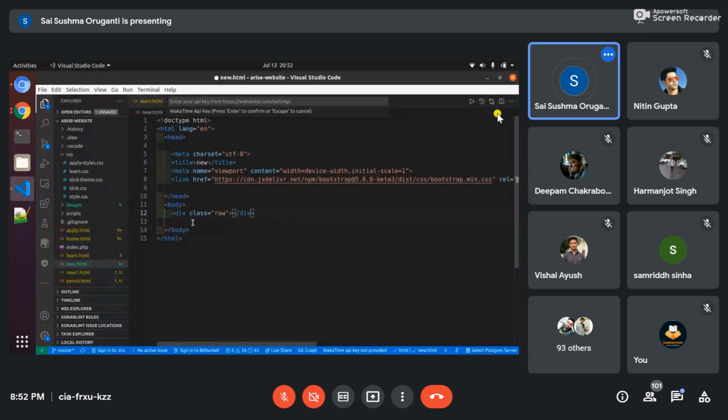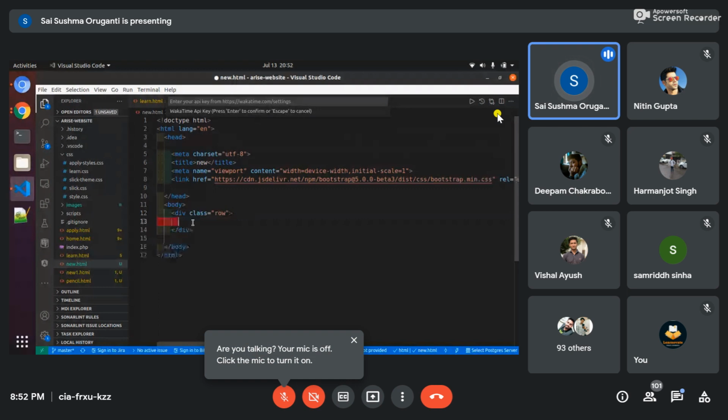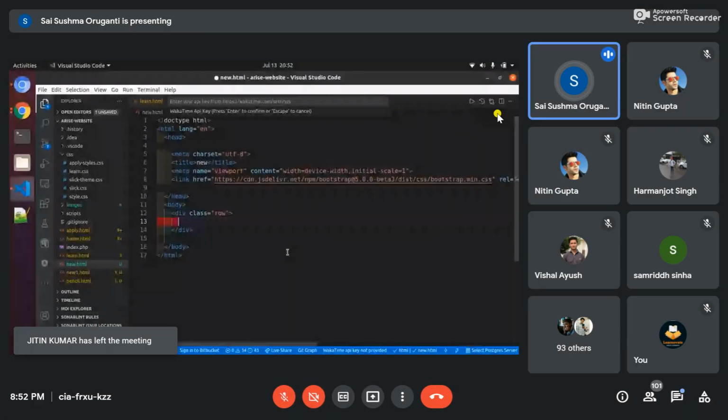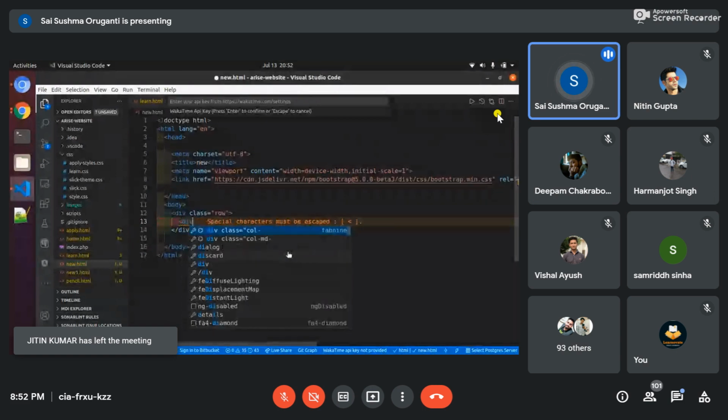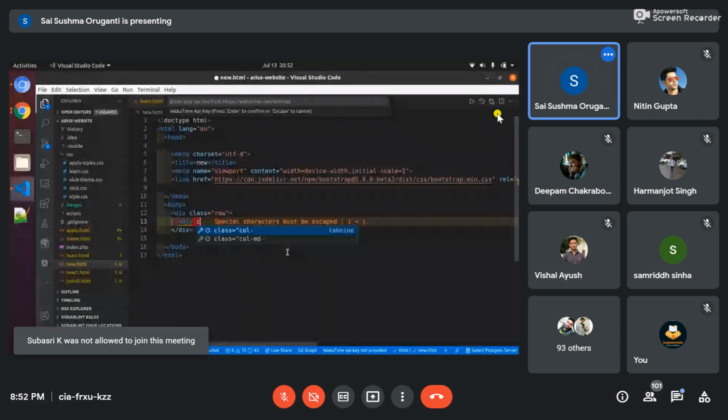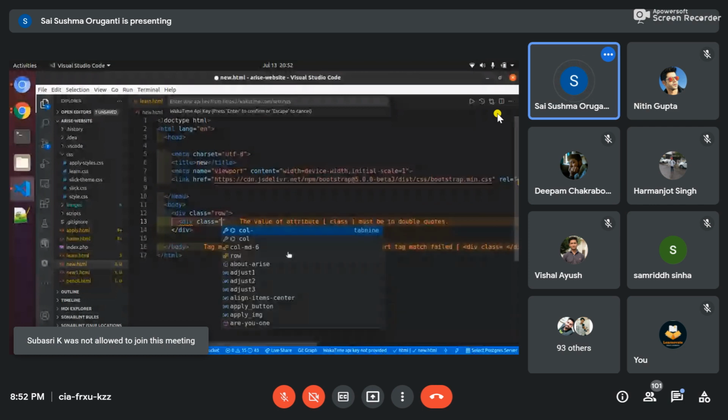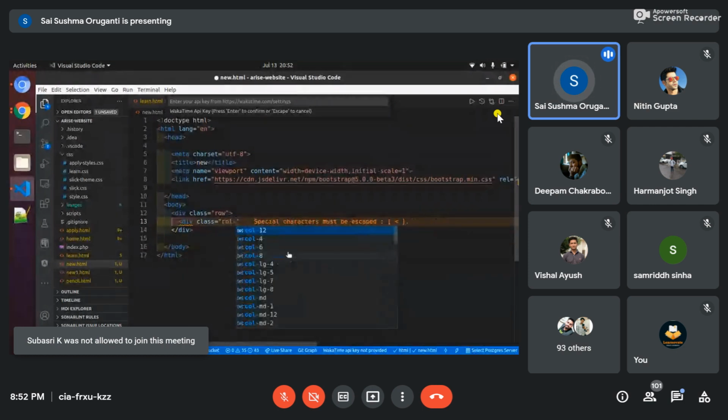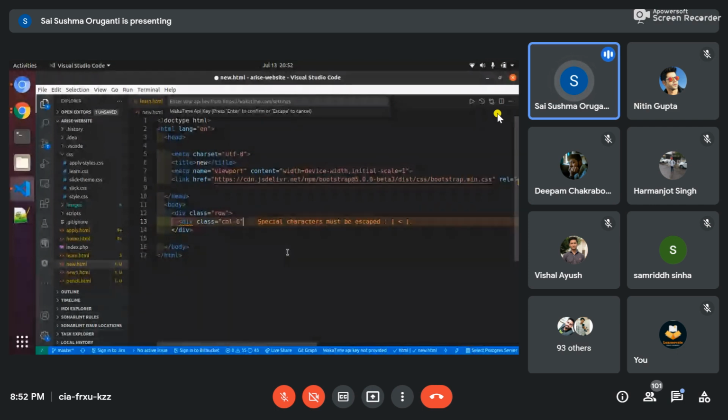Okay. So this is the row, one row. One whole row is nothing but one whole horizontal line. Here you can see, right? Assume this is one whole row. And inside the whole row, you have to divide the whole row into different parts. I'm here dividing div class equals col-6. I'm dividing into 6 parts. One row consists of 12 parts. One row is totally 12 parts, like 1, 2, 3, 4, 5, 6, 7, 8, 9, and so on.